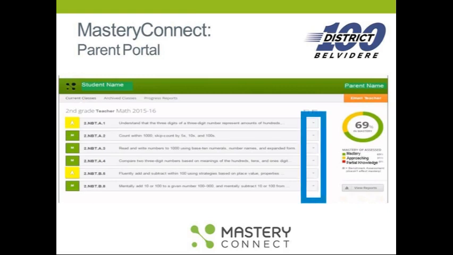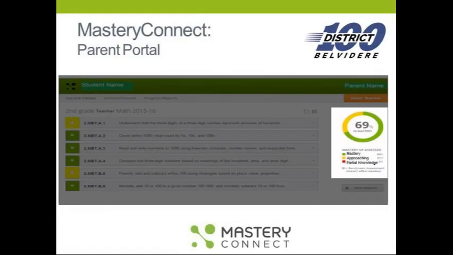You will see more of the standard description when you use the arrow to drop down a standard for more detail. This circle has another percentage inside. This percentage tells you the percent of mastery out of all the standards assessed to this point. It is not comparable to a letter grade. This is a shift from what we think when we see a percentage like that. Below the circle is the key for the meaning of each color, along with the associated percent of standards that fall within that mastery range.